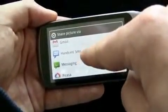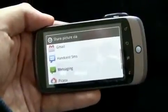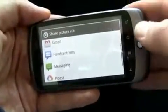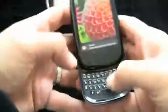So like Handcent SMS is something I installed, and I can share my picture directly through Handcent SMS if I want to, from the gallery app, the camera app, as well as from the Handcent app. I think that's just really cool, the extendability of Android. Definitely very neat. The Pre Plus also